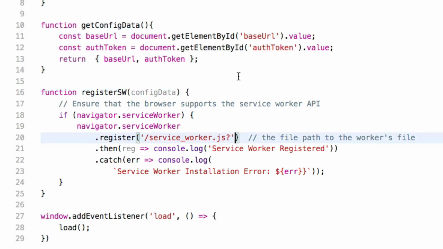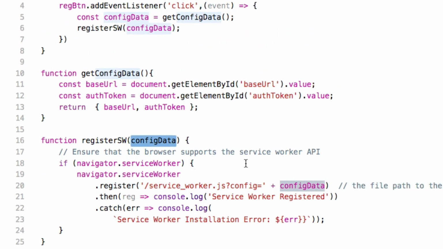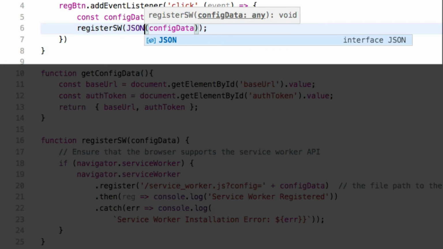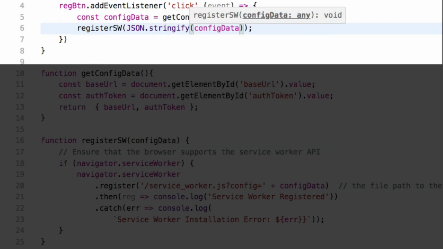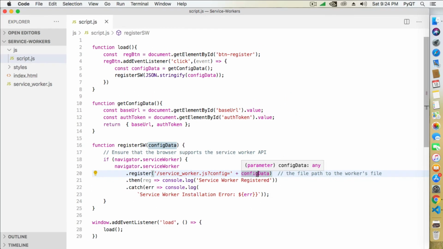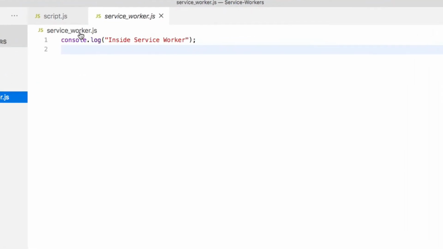Now append a config query parameter to the register method of the service worker and append the config data object to the query parameter. Hold on, we cannot pass an object directly to the service worker. We need to convert it to a JSON string first using the JSON.stringify method. Now let's fetch this query parameter in the service worker file